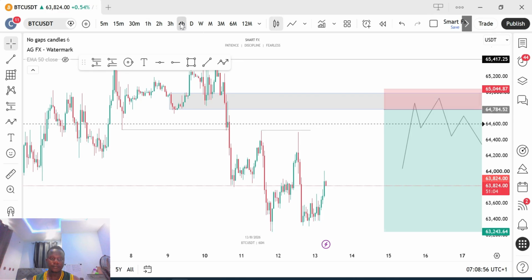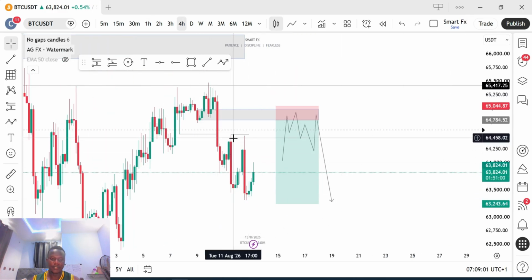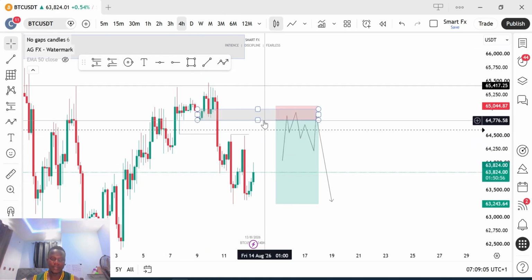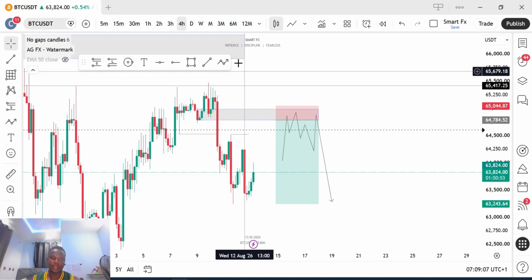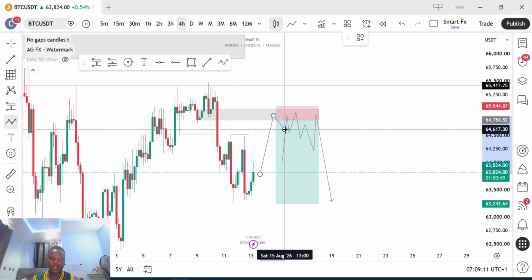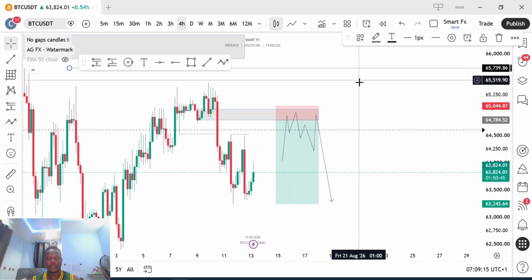BTC has been bearish. We had a break of structure and it formed this inducement, so I'm waiting for it to come back to this breaker block. I'm not going to take it direct. I'll wait for confirmation entry. That is this thing I drew here. So I will not take BTC direct. I'll wait for confirmation entry.